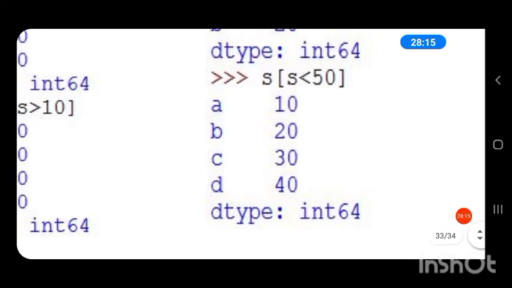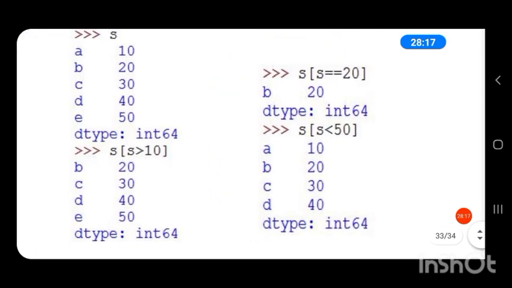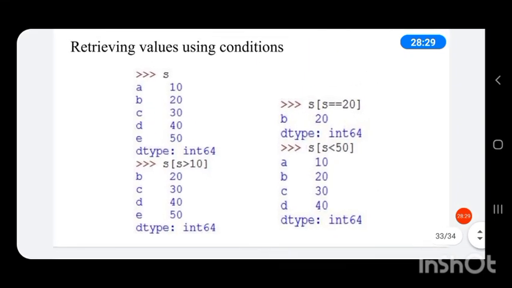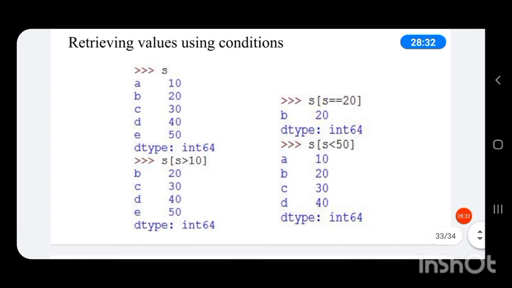So it has omitted the value with index E and displayed a series with just 4 values which are less than 50. So we can retrieve the values based on a condition, and this condition is specified inside a square bracket.